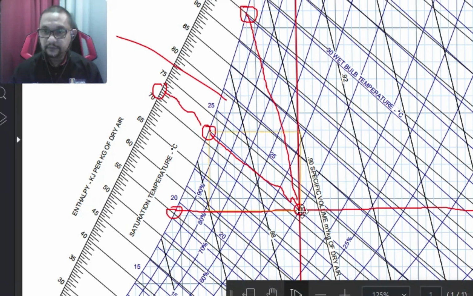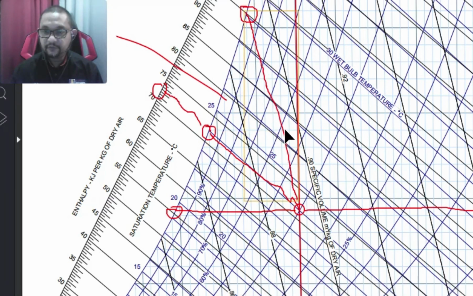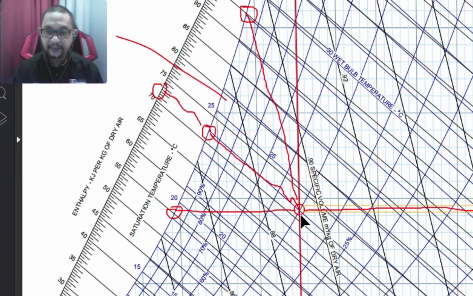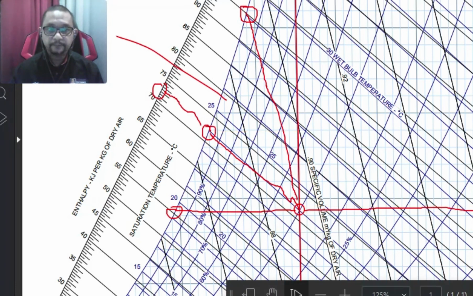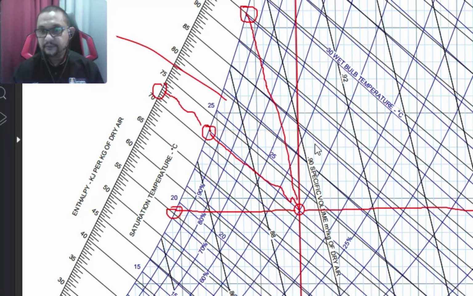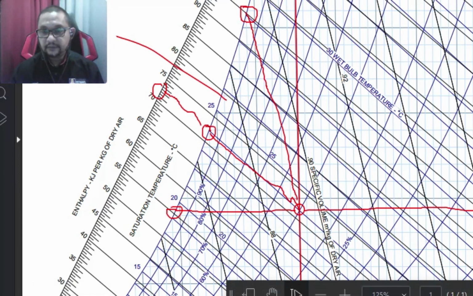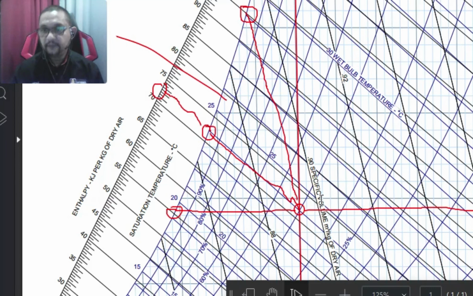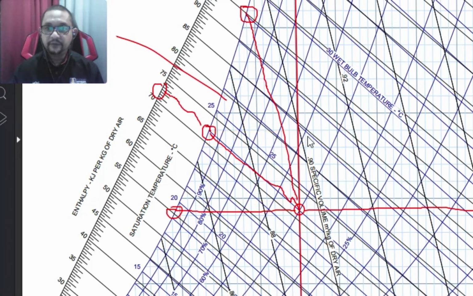So this is the line of the volume, because of the intersection of this dry air temperature and the relative humidity. When you compare between these two lines, it gives the value of volume as 0.893 meter cube per kg dry air. Okay, this is how you find